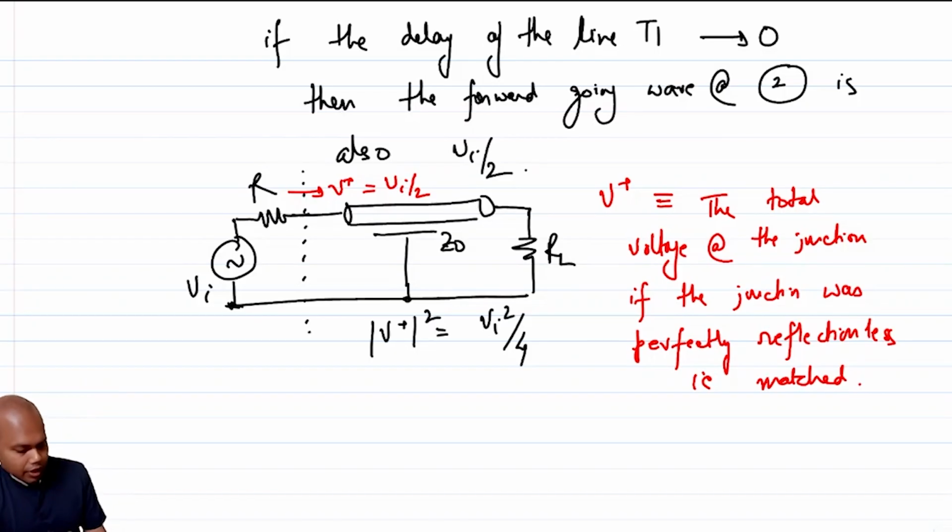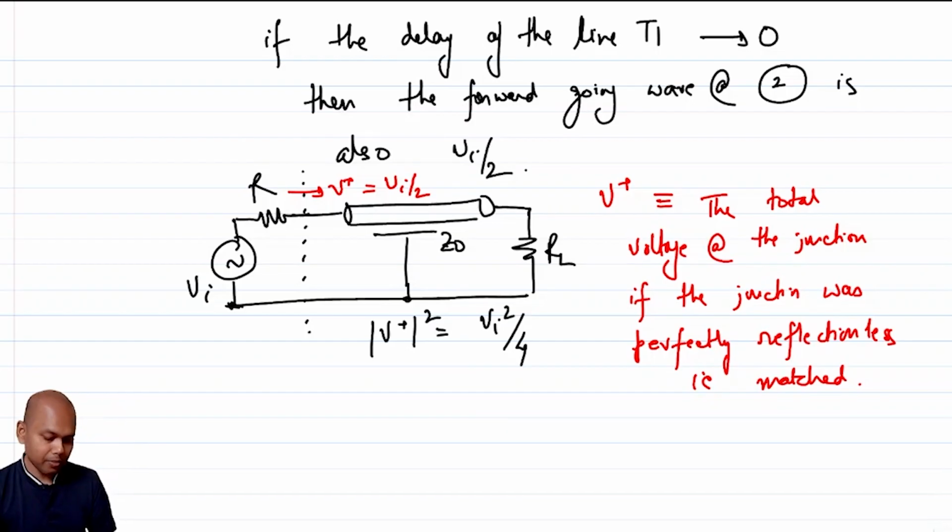If Z0 were equal to R and RL was also equal to R, then this junction would have been reflectionless. By our definition, V plus is equal to the voltage which this junction would have observed if there was no reflection at all,